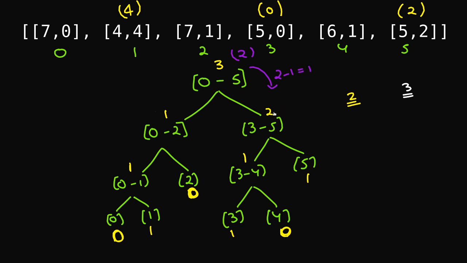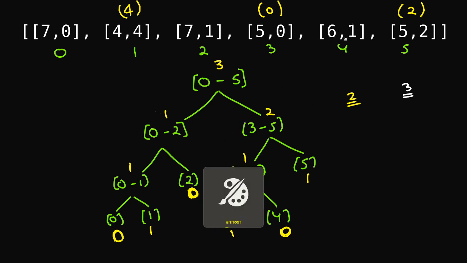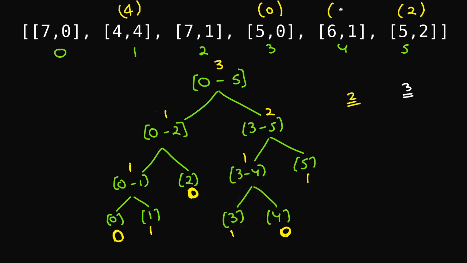I'm here with the value 1. I'm looking for the first one. I realize that there is a 1 in the left subtree, and I'm looking for the first one itself. So I'll go here, and then again I'll go here, and I'll reach index number 3. The moment I reach this index number 3, that's a leaf node, and this is what the position of 6 comma 1 is going to be. I can just mark this 6 comma 1 as present at the index number 3 in the final answer.